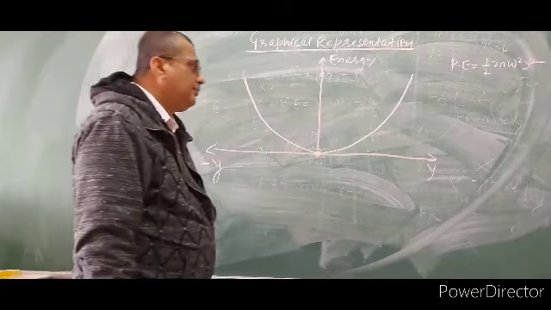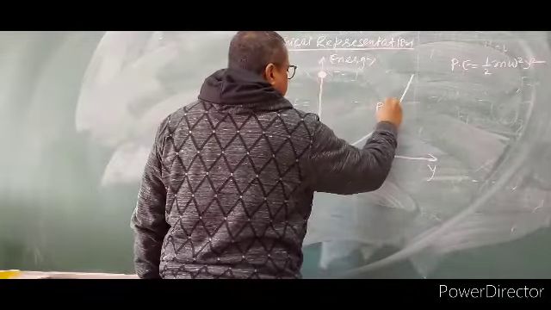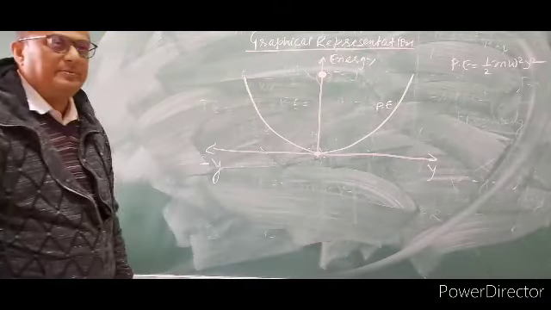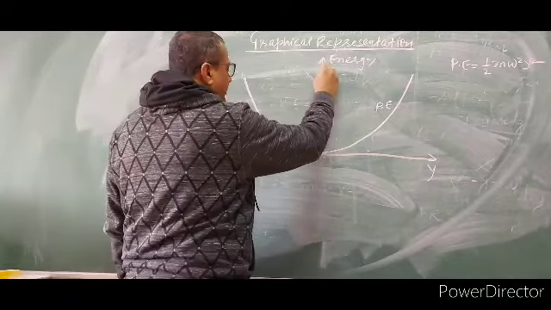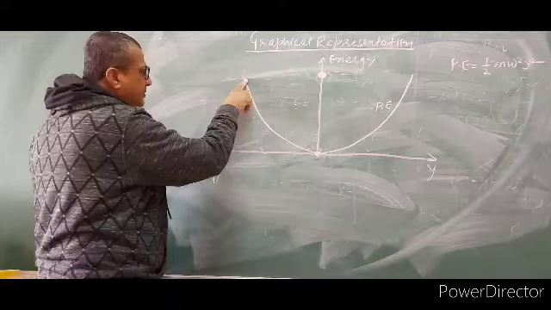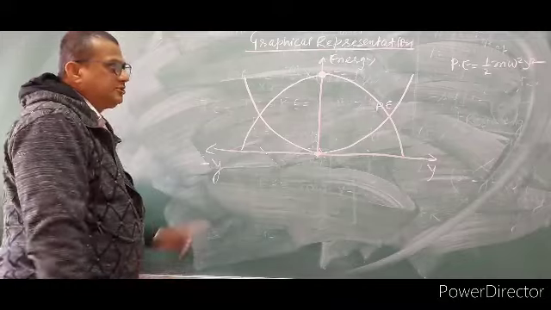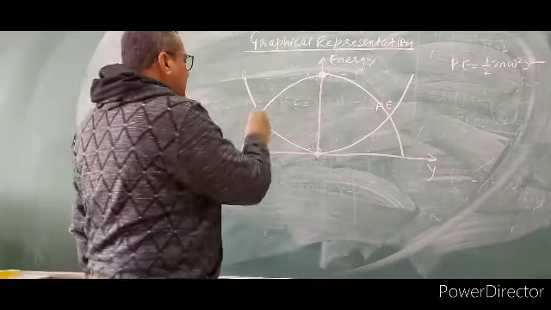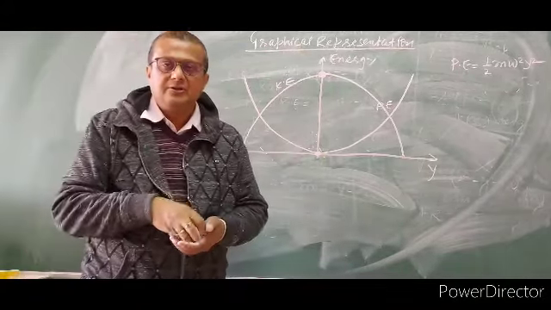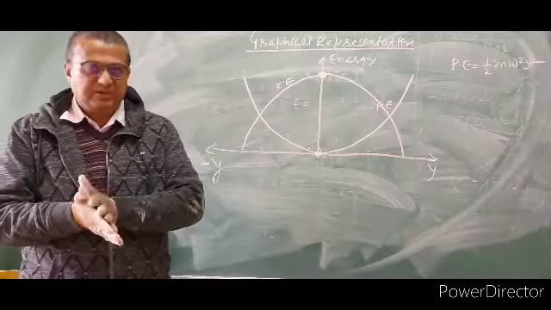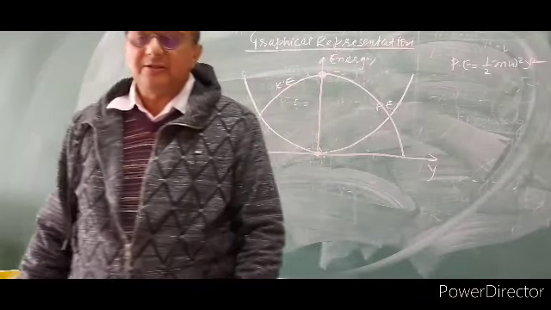You know that if potential energy is 0, at that time kinetic energy will be maximum, due to conservation of energy. So here there will be maximum kinetic energy, and when potential energy is maximum, kinetic energy will be minimum. So this type of graph will be obtained. This is the potential energy, this is the kinetic energy. I think that is clear. So this type of theoretical question will be asked from this part, and you have to build the concept. Okay, thank you.